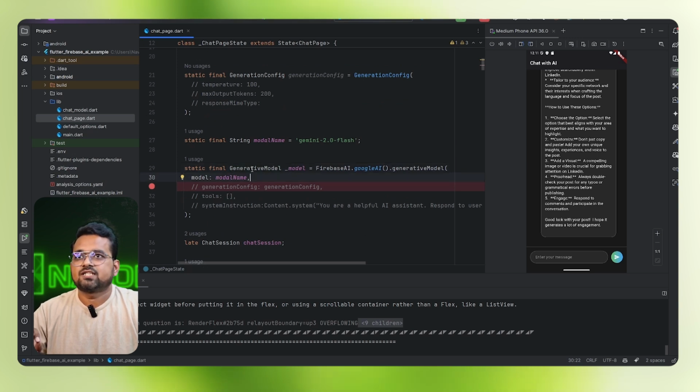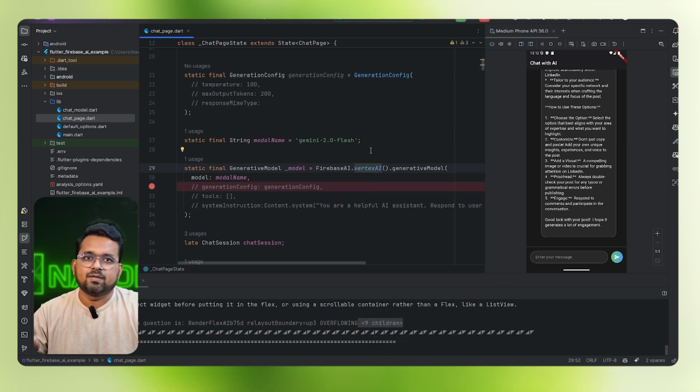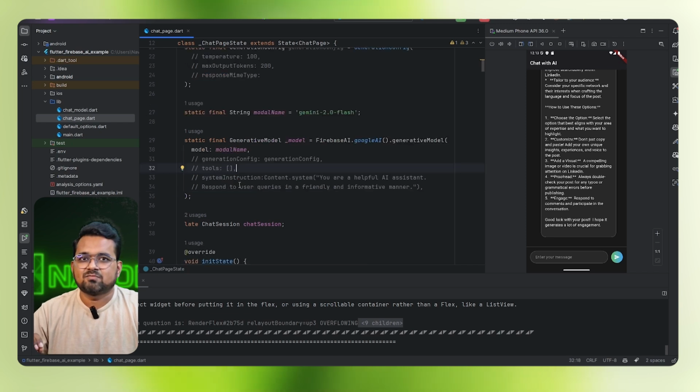So here we are going to initialize a generative AI model object to use Firebase AI to generate our responses. Here I am using Google AI, which uses Gemini APIs to generate a response. If you want to use Vertex AI APIs, replace it with the Vertex AI function. By default, it uses Google APIs. In this generative model, you can pass the model name and change it as required. There are other optional parameters, like the generation configuration that we talked about before. Tools are actions to be performed after you receive an output from the LLM. And system instructions define the role of the AI app that we are going to use. It is optional right now.